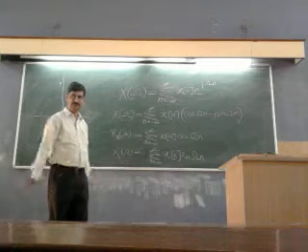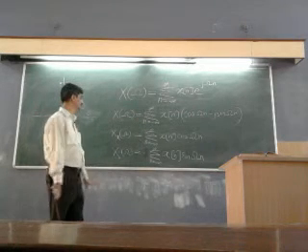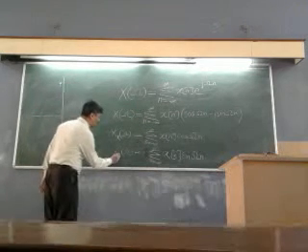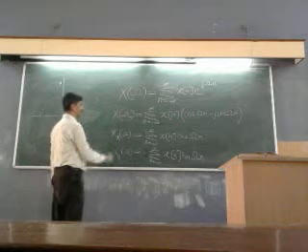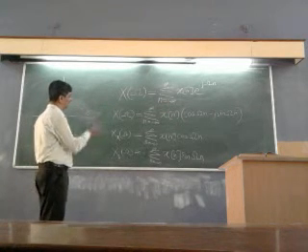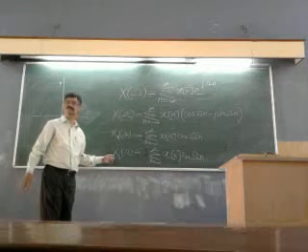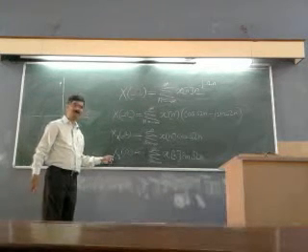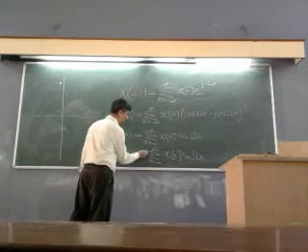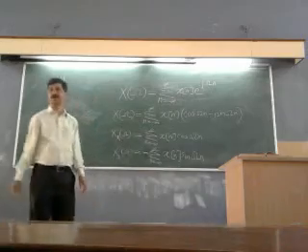Then I can prepare X of omega as X R of omega minus j X I of omega. So I can say X R